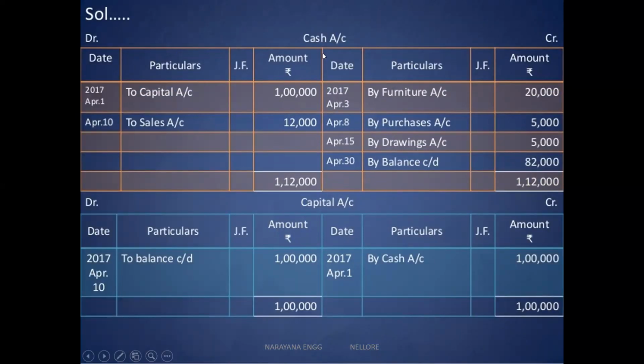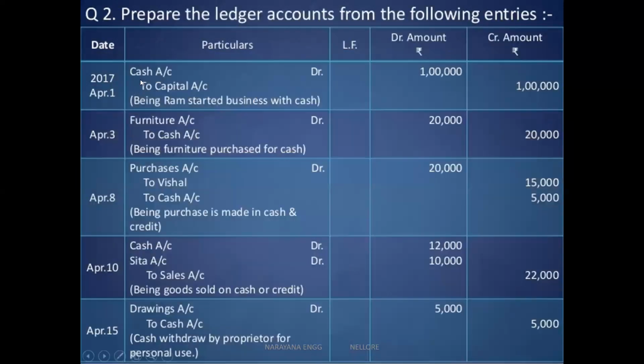The format is the T-shaped format, and write all the particulars: date, particulars, general folio, and amount, and also on the credit side, date, particulars, general folio, and amount. And you can see how to write this entry. First, you will observe the April 1st entry, cash account debit to capital account. So is the cash account on the debit side or credit side, you want to check. The first line is indicated by the debit amount and the second line by the credit amount.